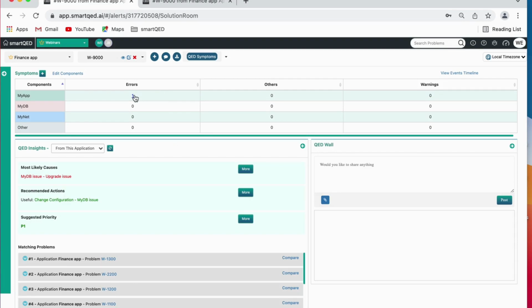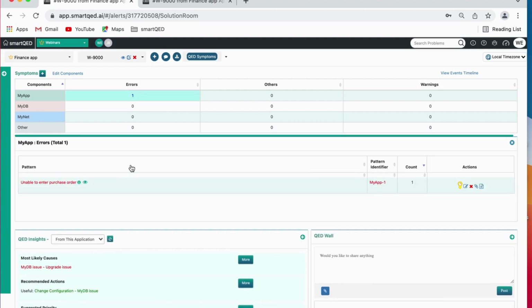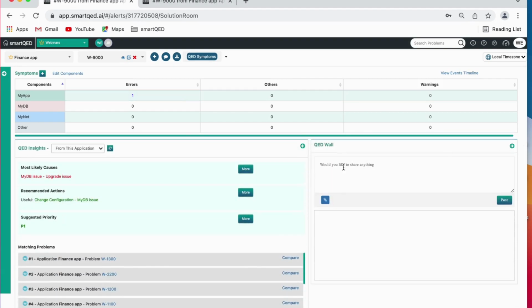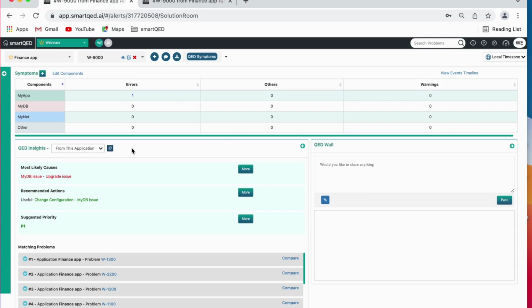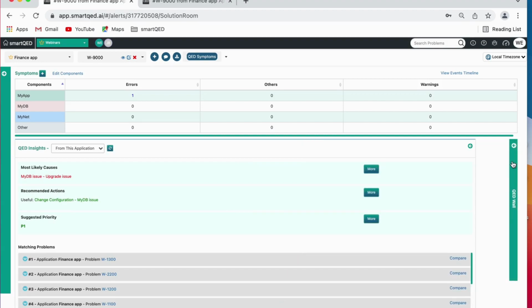All that we really have to do is to enter the clue or the symptom of the problem at hand, something like unable to enter purchase order. And thereafter, all we need to do is click this button here. At the click of this button, QED Insights, which is our ML-powered algorithm, is going to sift through our database, fish out all the problems of a similar nature that have been solved in the past, and it shows